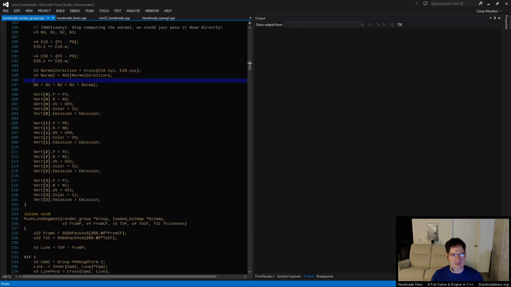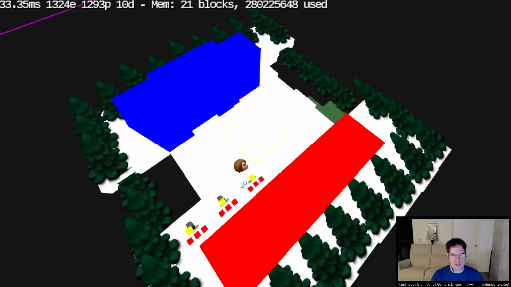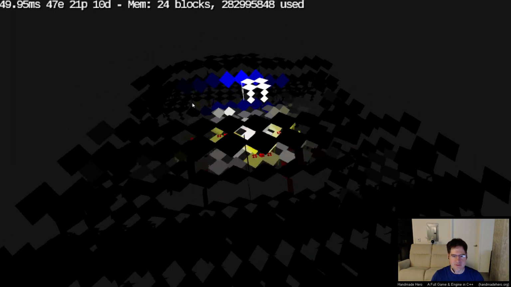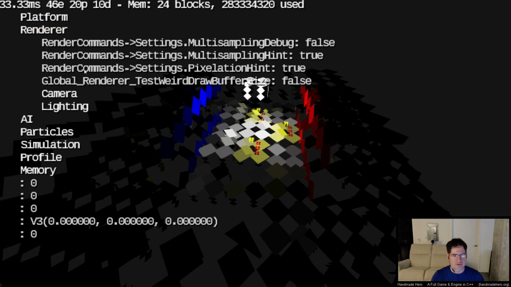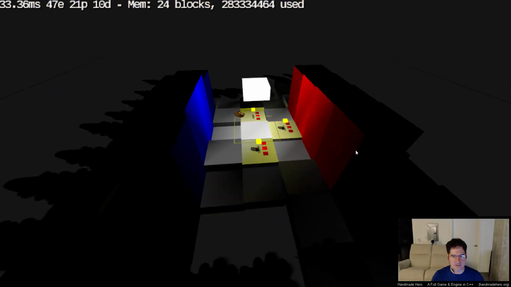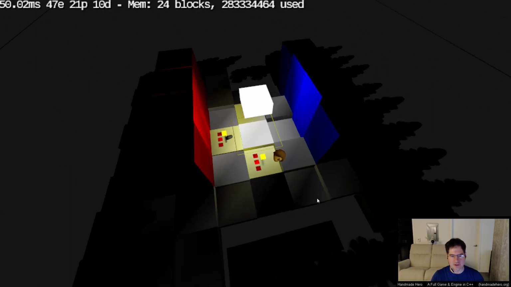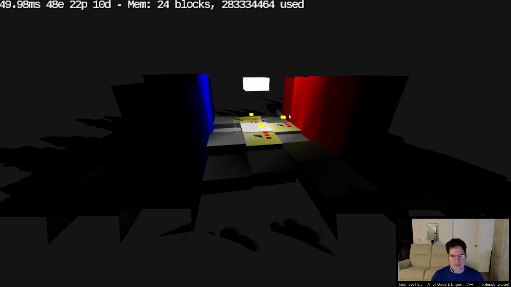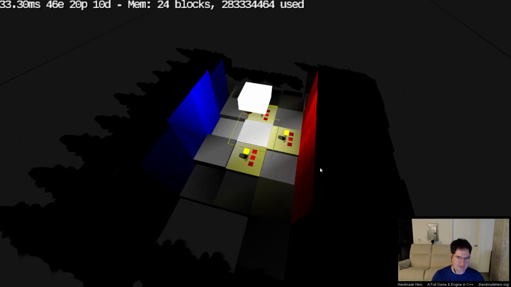So here is the current little test room with no lighting in, and then if I go ahead and run our offline test lighting version, you can see the reflector solution for it. And if we switch to viewing the actual world colored with the lighting solution, you can see that, oddly enough, it's starting to look pretty nice in terms of how the lighting gets computed. However, we do have the question I was asking at the end of the stream last time,